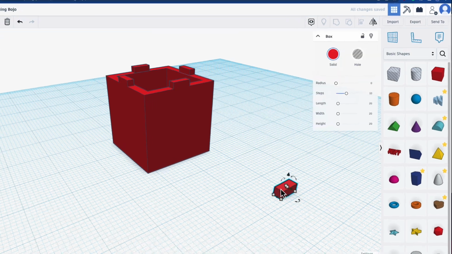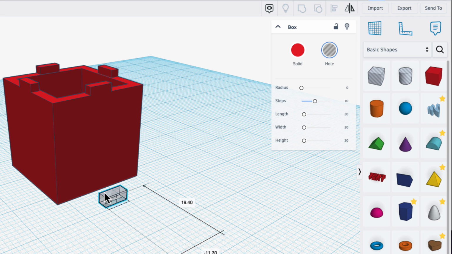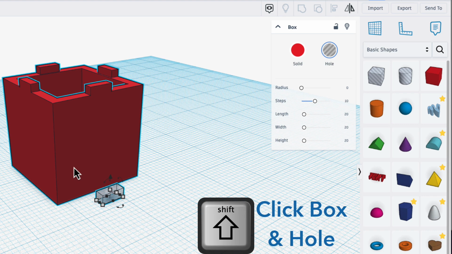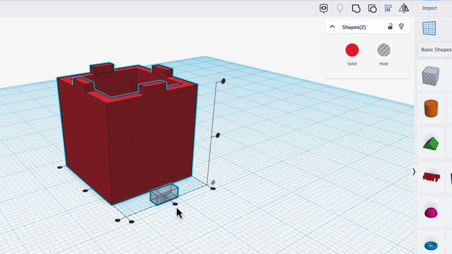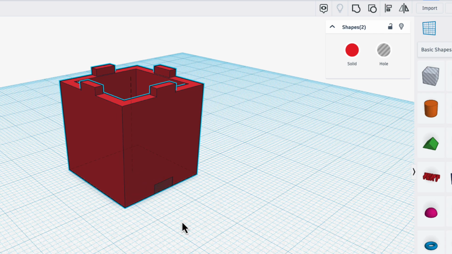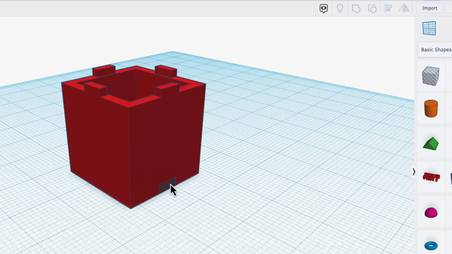All right. First things first, let's make this a hole. Looks good. I'm going to move it roughly to the right position. And then I'm going to hold Shift, select the box with tabs, and click the Align tool. And I'm going to align it centered with that side. And then I'm going to click on the box so the box doesn't move. And click on that so it lines up right on the edge. After I align it, I gotta deselect everything by clicking off of it, and then I'm gonna click just on the hole,